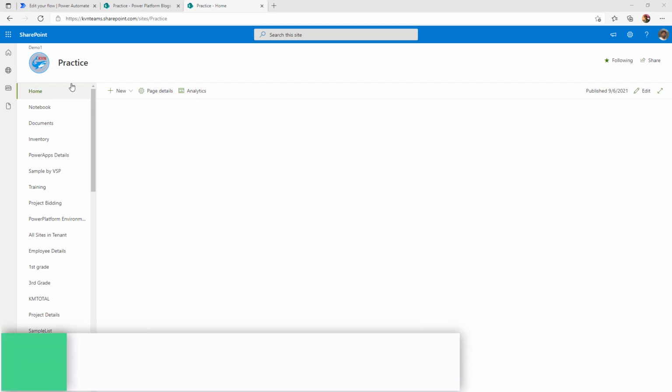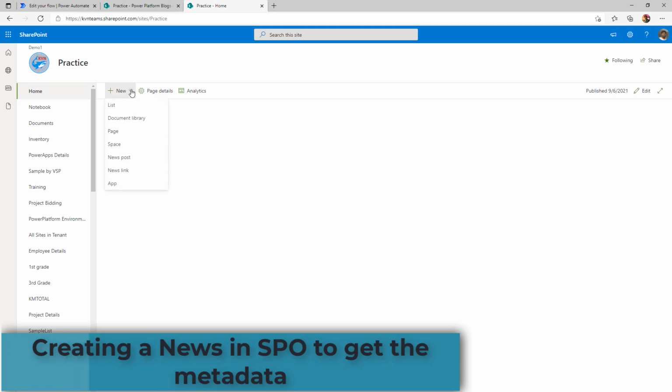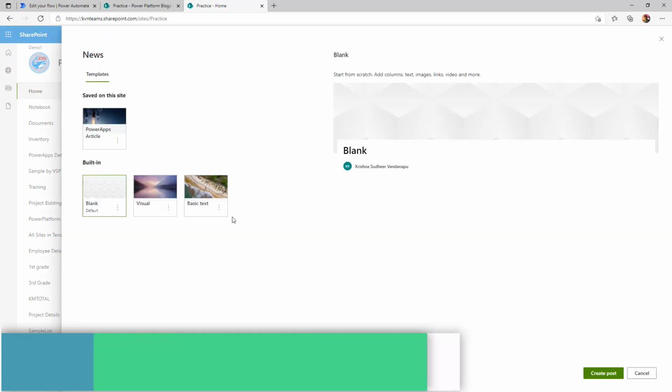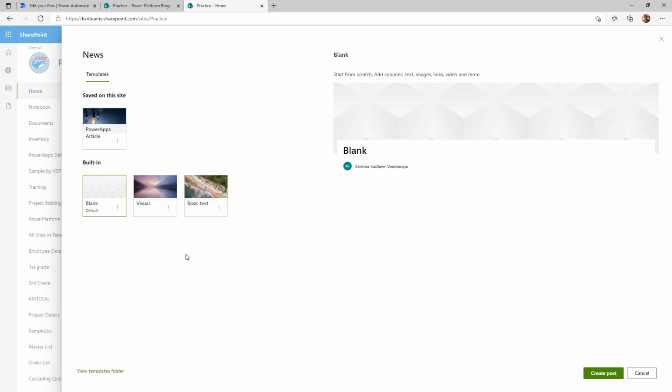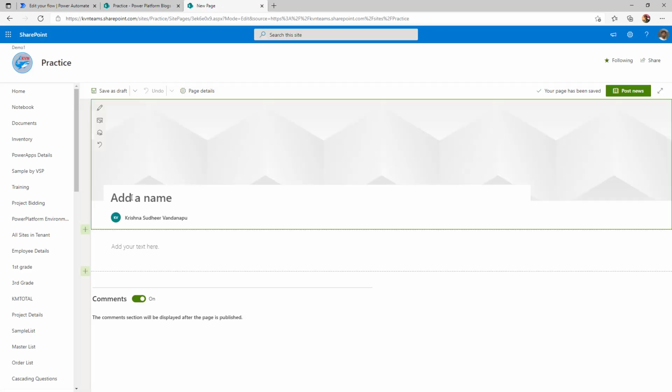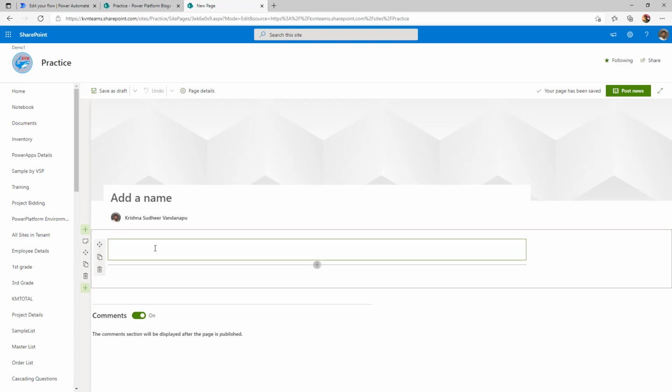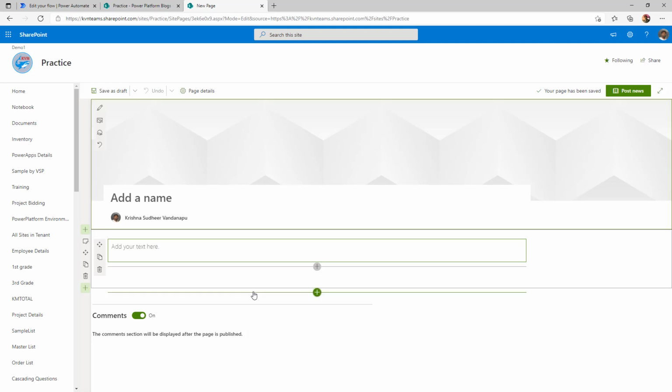SharePoint Online. When you go to SharePoint home site, click on New and click a News Post. It will let you select one of the templates. I will be using this template to create a news post in SharePoint Online. When you say create post, what is the title of this news post and a body, which could be one line or multiple lines. If we want to create a news post in Power Automate, we need to get the